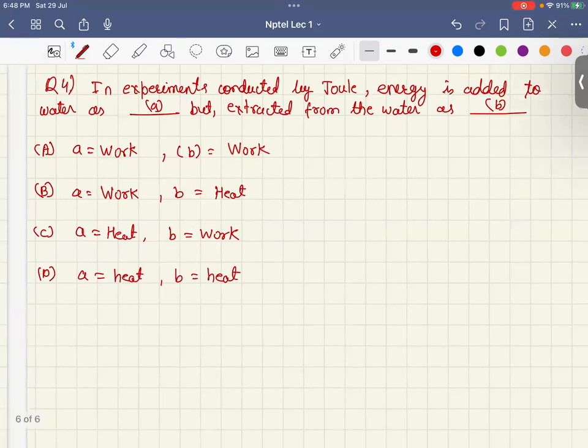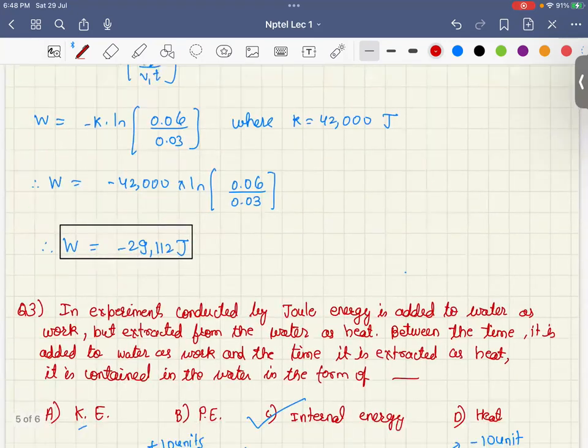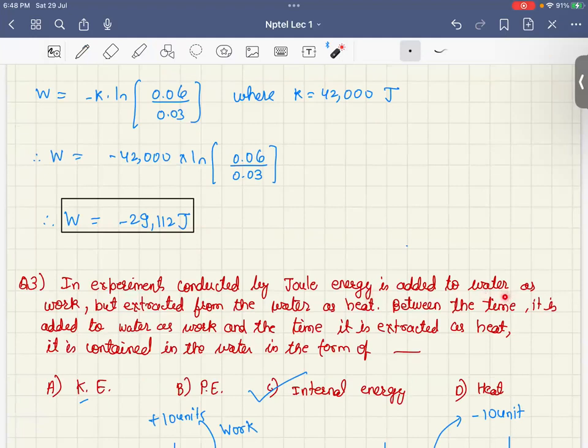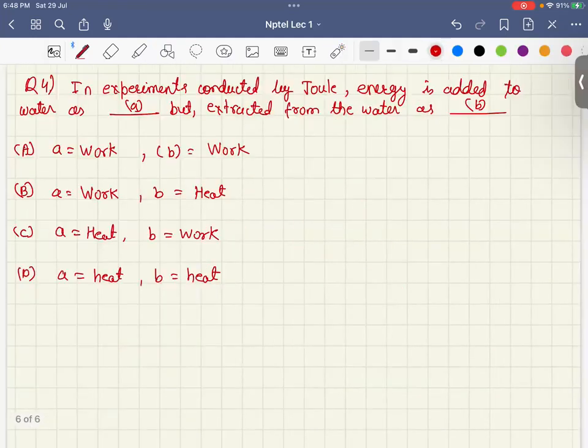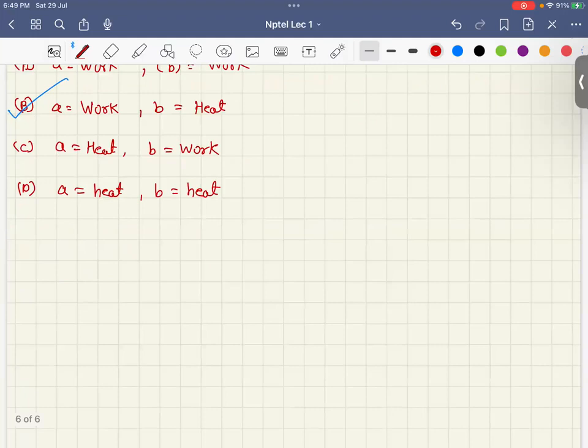So if you have listened to the previous question carefully, here we have energy added to water in the form of work, and extracted as a form of heat, right? Which of these is correct? What is the correct answer? Work and heat, right? So option B is the correct answer. Does anybody have any doubt? I'll wait for a couple of minutes. If you have any doubts,